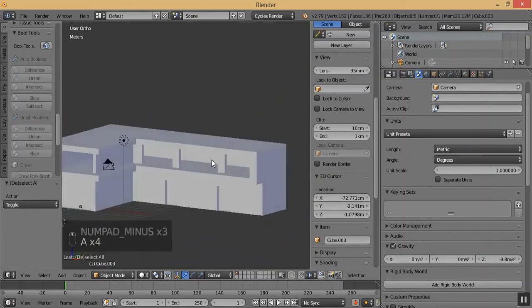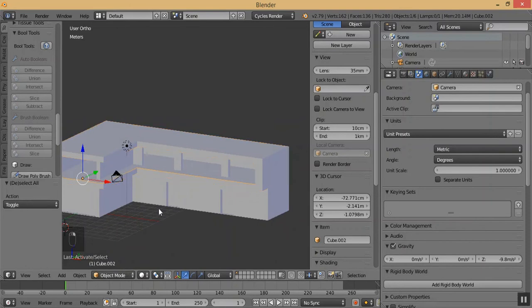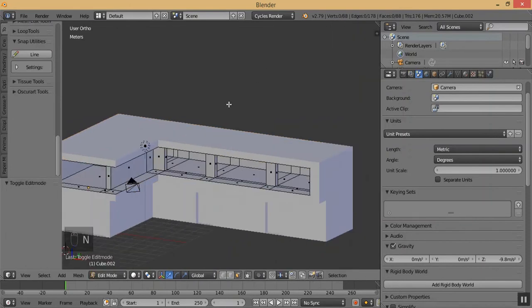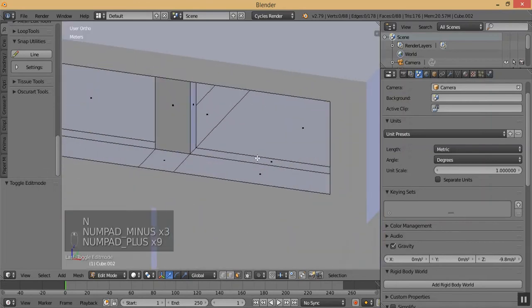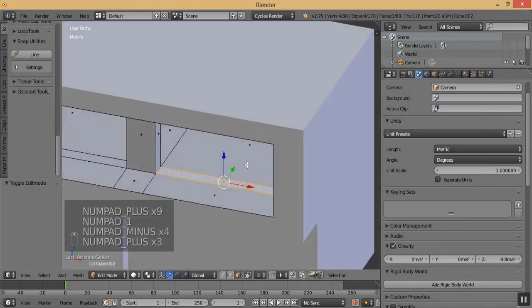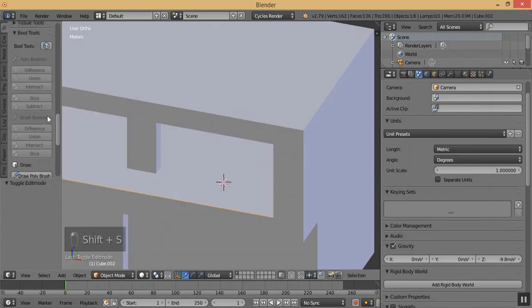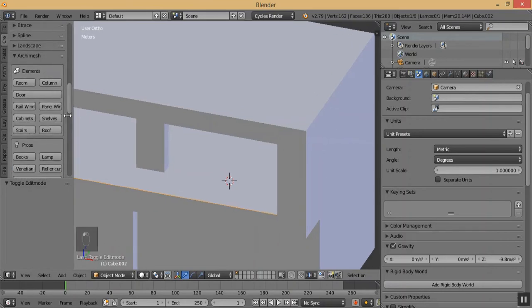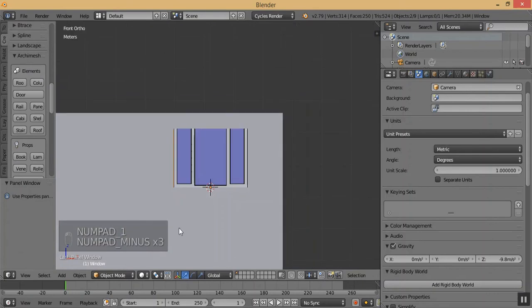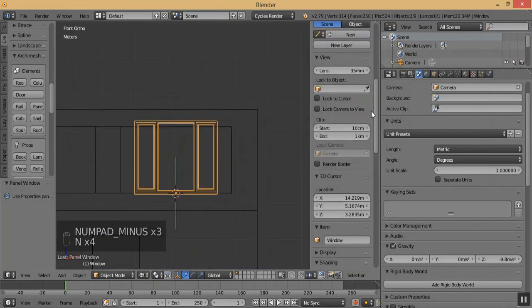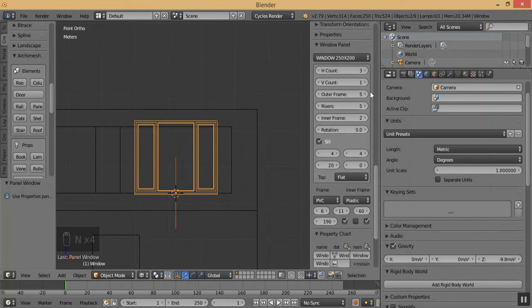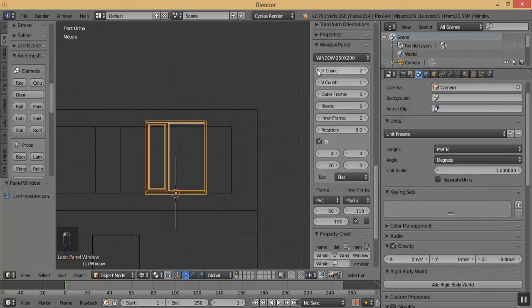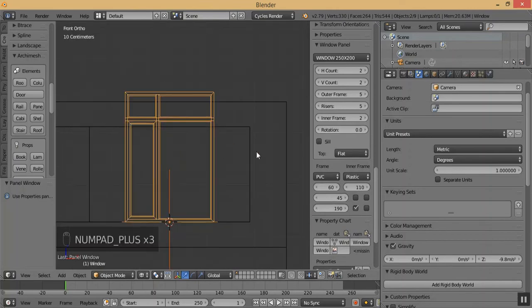Now what we're going to do is select this and then we'll come to edit mode and then we're going to select this and then press Shift S cursor to select it and come to object mode. Then the create panel, you'll see something called panel window. So click on that and then come to wireframe mode, press N to see the properties of this window, and I'm going to decrease the horizontal count to 2 and vertical count to 2, and we don't want seal, and